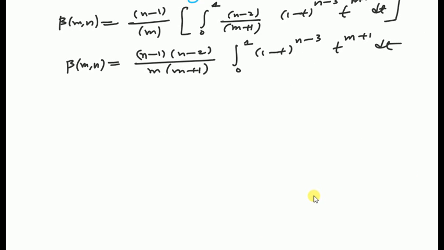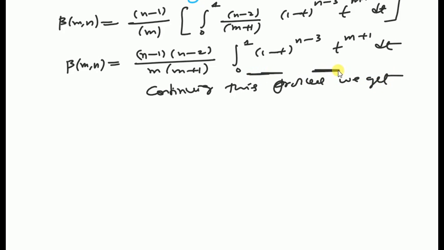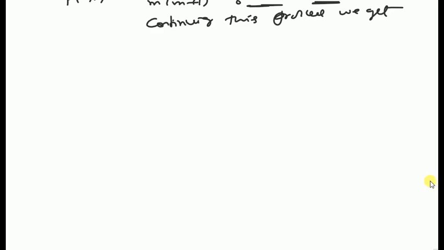It will be integration by parts, continuing in the same manner. Continuing this process, then again this will be the first term and this will be the second term, like this. Continuing this process, what we get here,